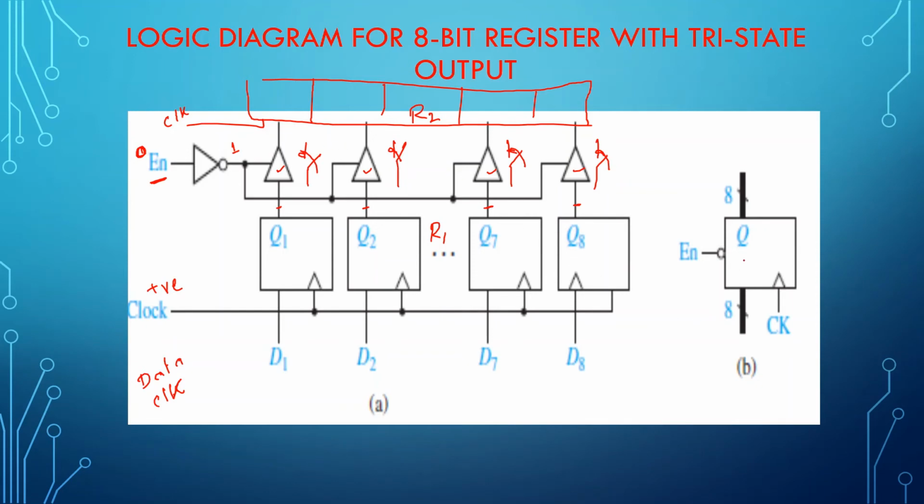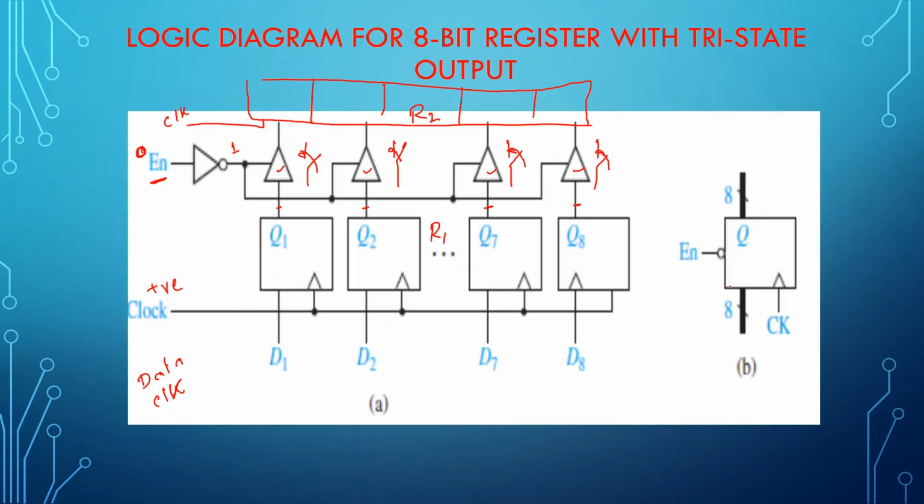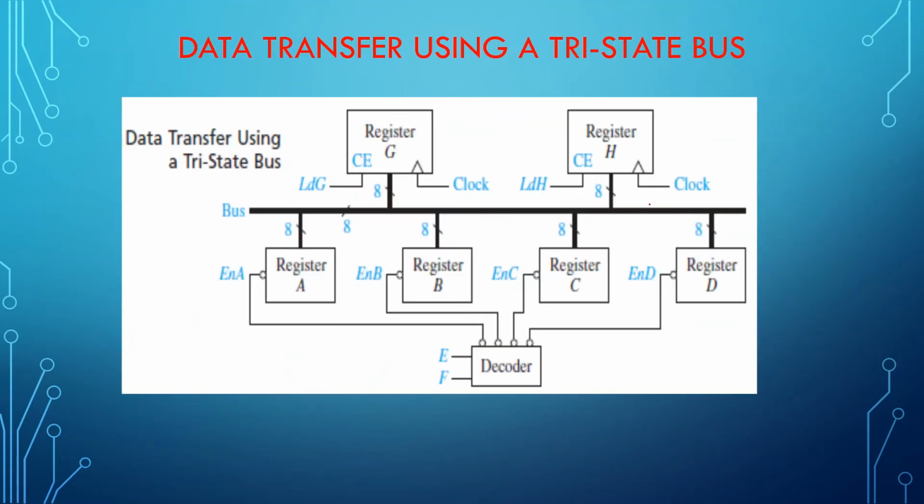This is your symbolic diagram, as I said. So 8 data coming inside, 8 data going outside, and you can see an enable input, which was not seen before. If you refer previously, see here. This is your register, which never had an enable input. Yeah, chip enable was there, but it never had an enable input. So whenever you see an enable input, it means that there are two sets of registers. One set is here, one more set is here. You are actually planning to move the data from one register to the other register. This is all about transferring the data between multiple registers.